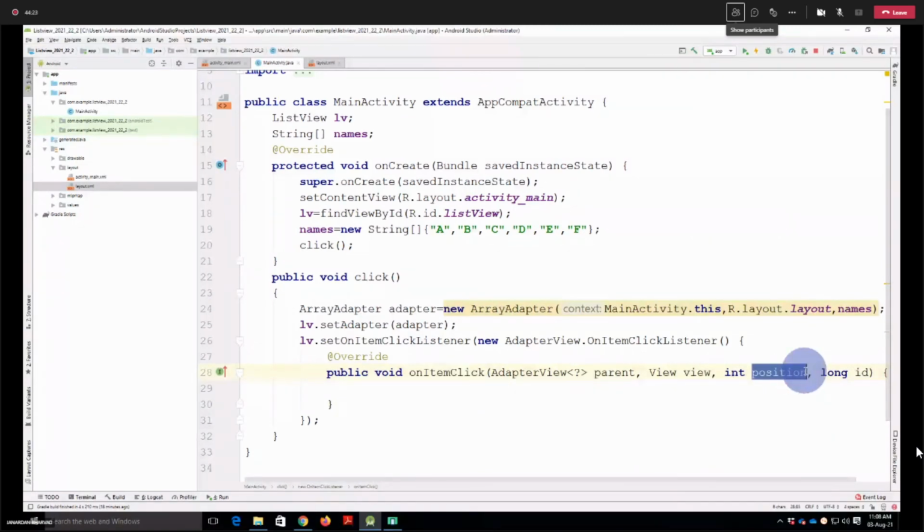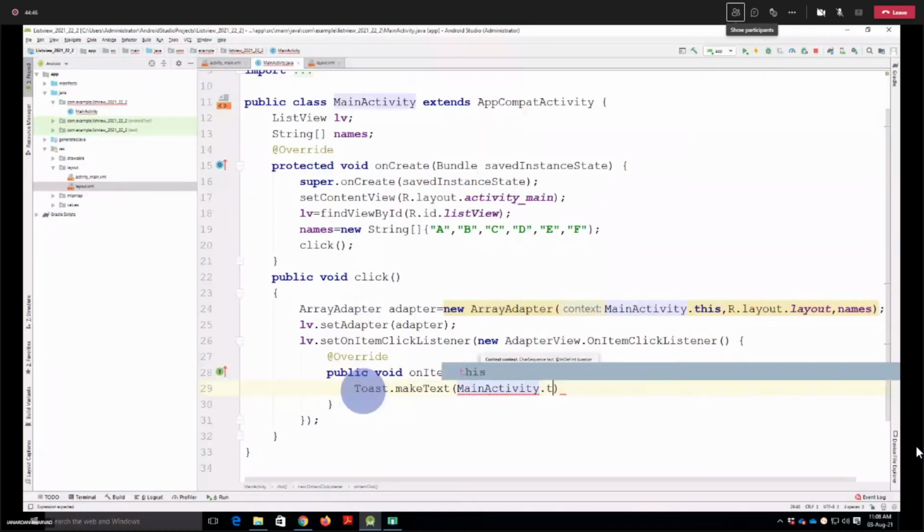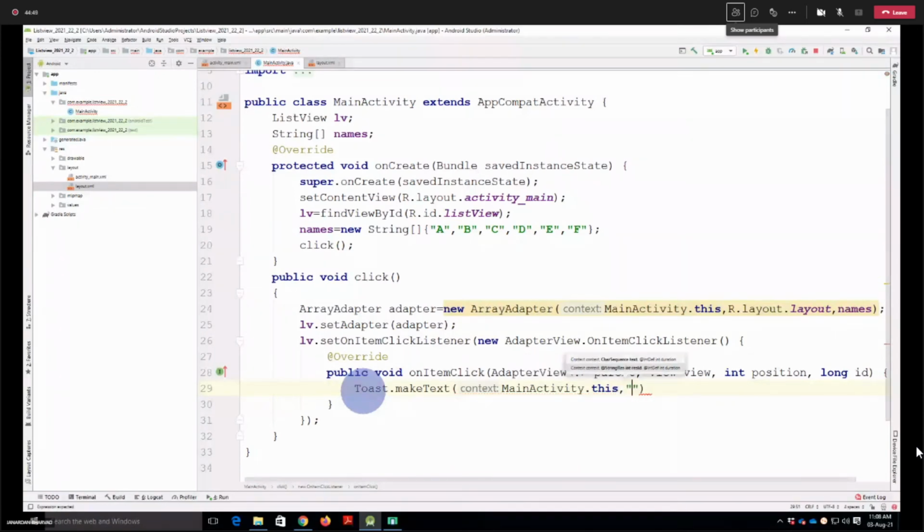And here in the parameters you will find this position variable, that means कि अगर आप रन टाइम पे कोई पर्टिकुलर आइटम पे क्लिक करते हो तो अगर आपको उसकी पोजीशन जाननी है, then if you print this variable, that is position, you will get the position directly. So if I want to print the position in a toast message, then MainActivity.this, and then position, that is the static text I want, and here is the variable I'm printing, position, and the last is the duration. So for duration you need to type Toast.LENGTH_LONG or SHORT, and then dot show.